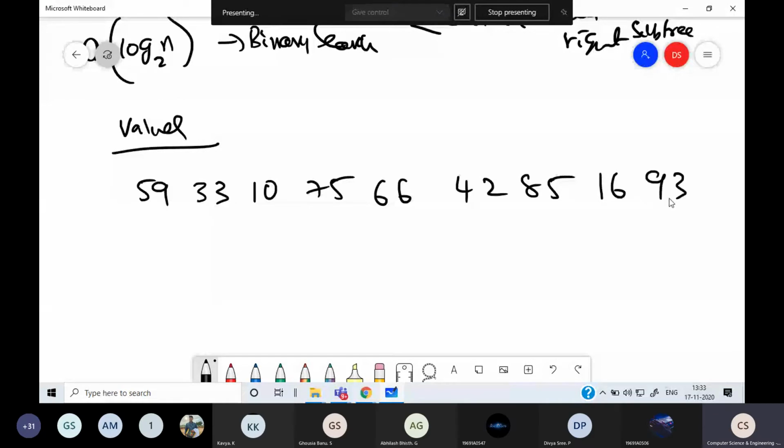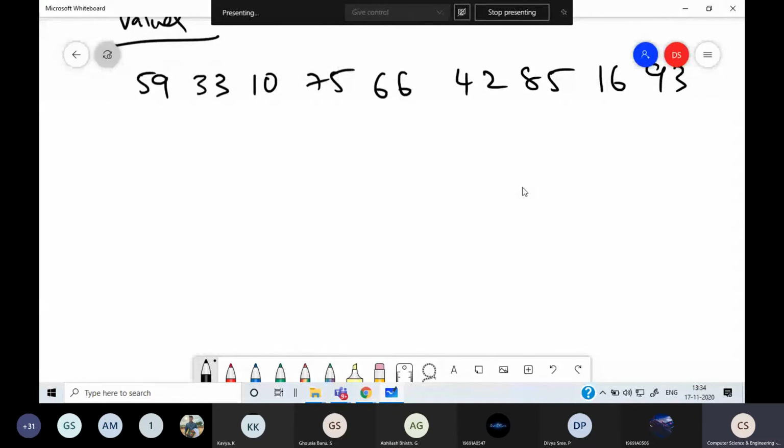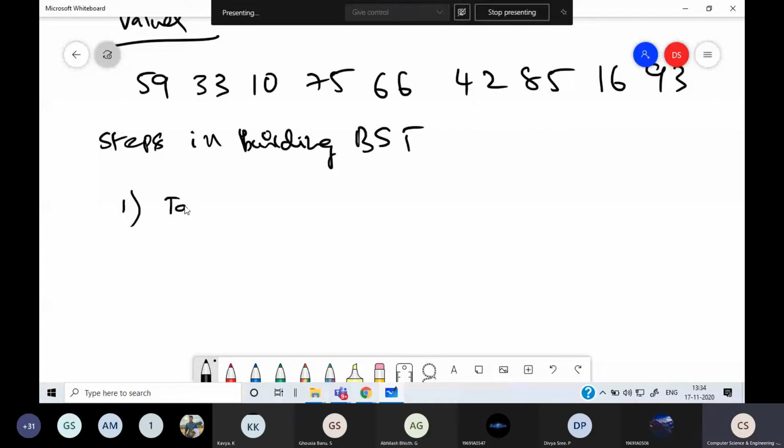So this is the list of values using which I have to build the tree. Now, the steps in building a binary search tree. The first step is to take the first value as root.